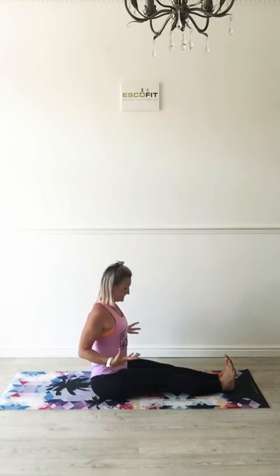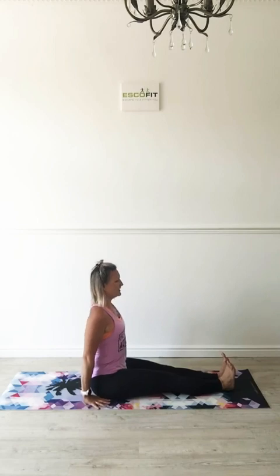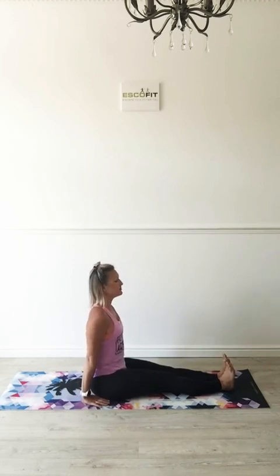And I want you to think about almost emphasising that chest coming through, the belly button drawn in. Hands come alongside you to the mat, and keep that length through the spine. So you're just gently propping yourself, you're not leaning on the hands. So taking a deep breath in here,